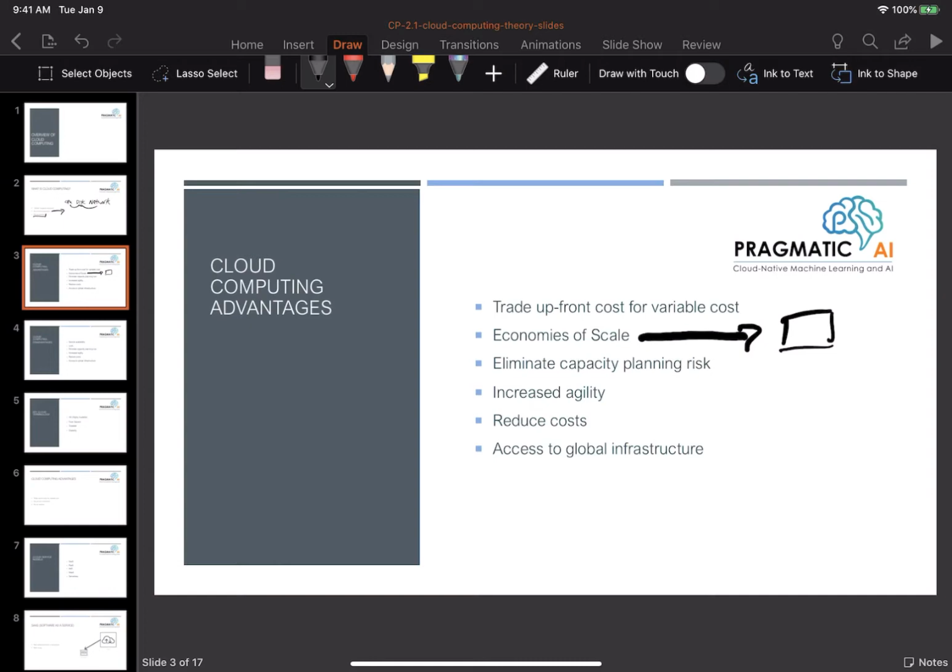Another thing that used to happen in the old days was you would buy a bunch of servers, and it turns out in many cases you wouldn't need those servers. So now what do you do? You spent $50,000 for a website and nobody's going to your website. So that capacity planning risk has been eliminated. Likewise, when Twitter was first starting out, they had their own physical data center and they had huge capacity problems, and they didn't have enough capacity, and they had software that needed to be fixed. So there are many problems both in terms of buying too much or buying too little